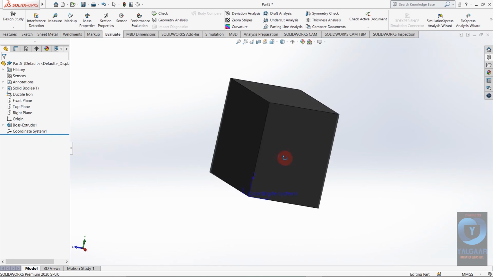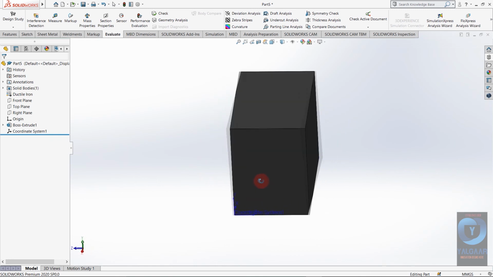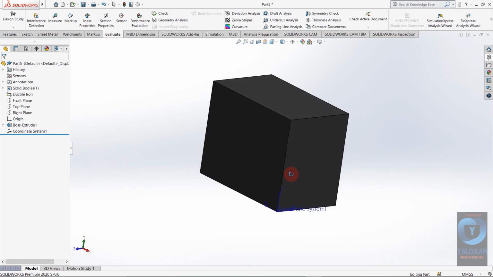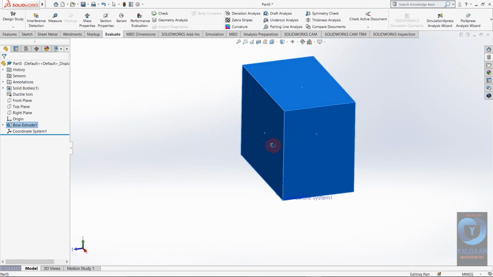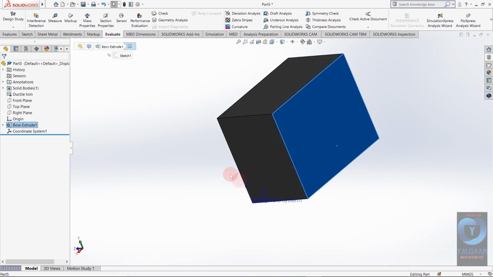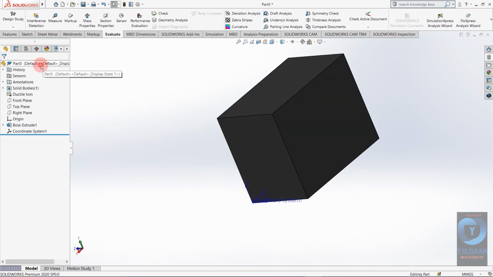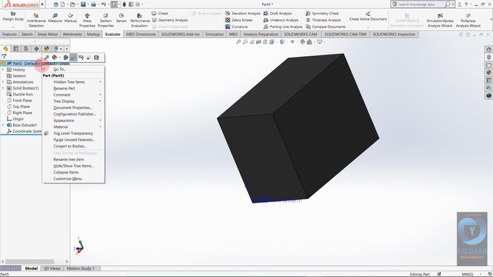But the problem is with the material. Say I have selected ductile iron, so this color is not so pleasant. You can also change the appearance of this body. Just select all the faces, or select the whole part, and right click on that.